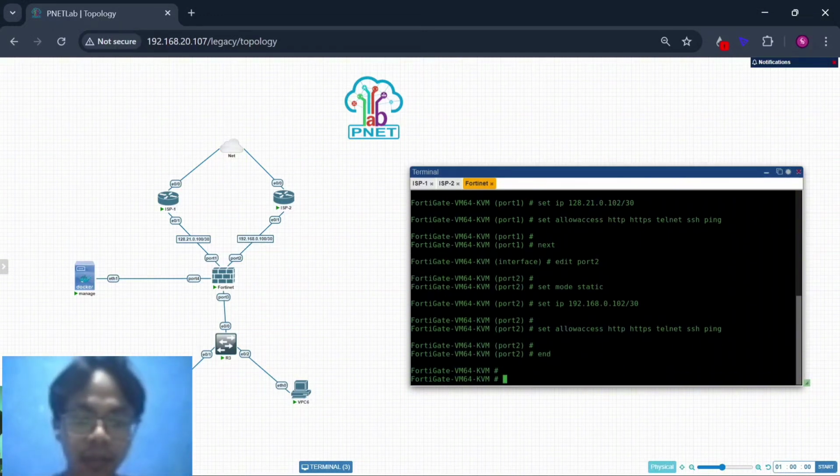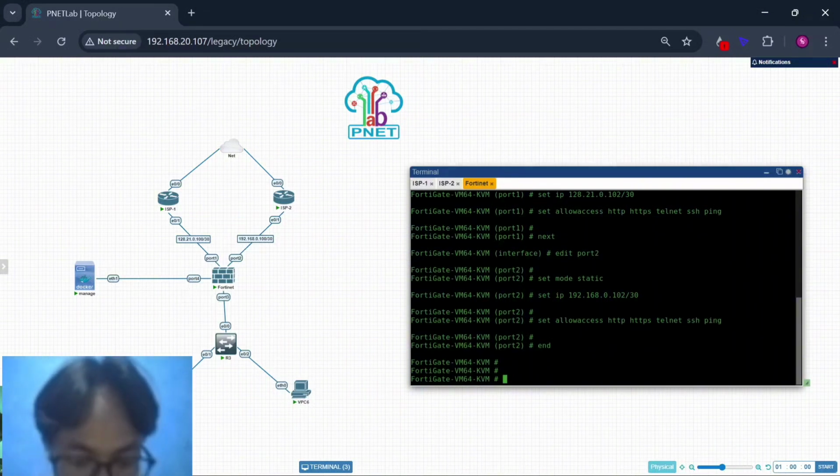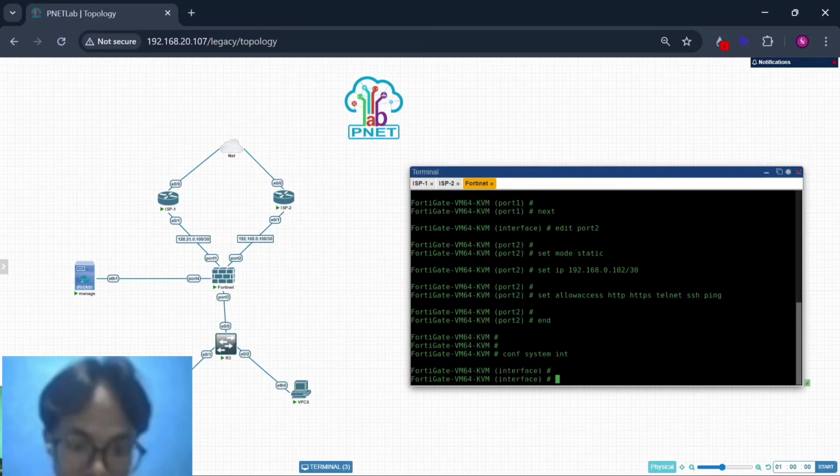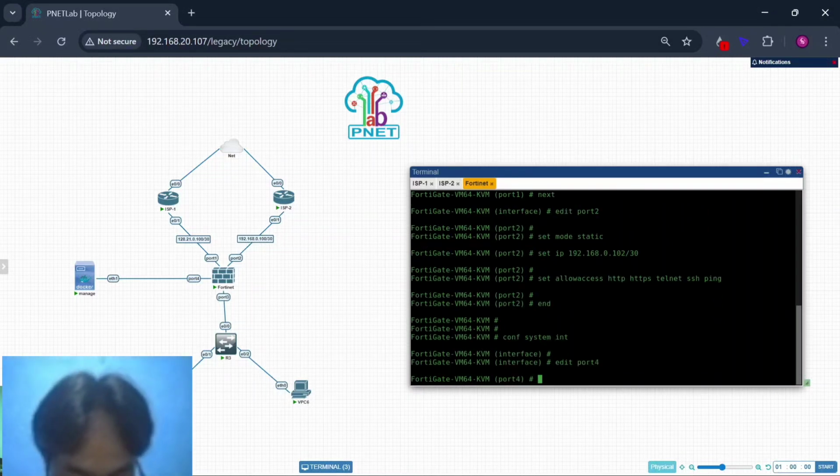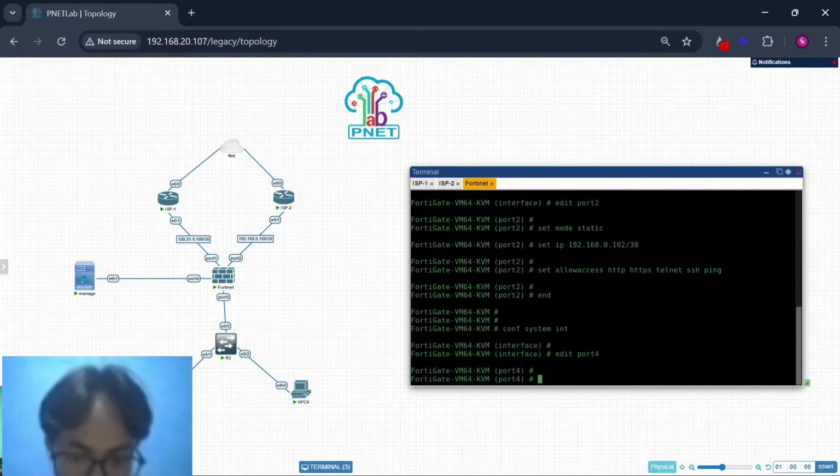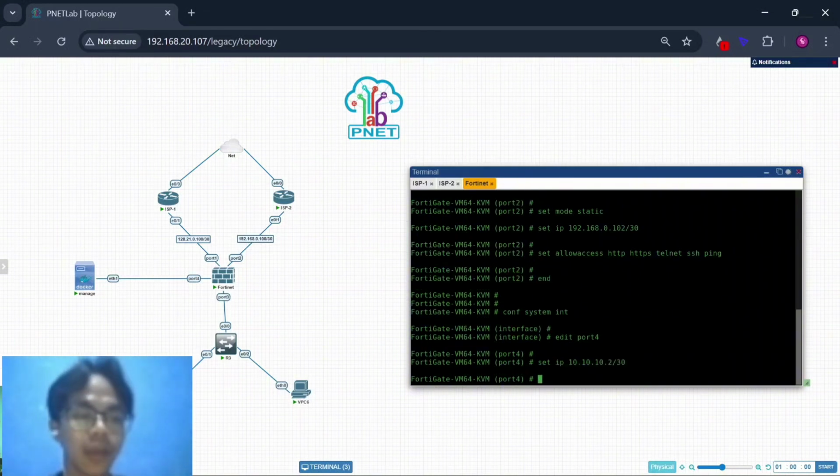Oh yeah, I forgot to configure this port 4. So configure system interface, edit port 4, and set mode. If you don't write set mode static and you add an IP, set IP 10.10.10.2/30, it can work, but you must set mode static.